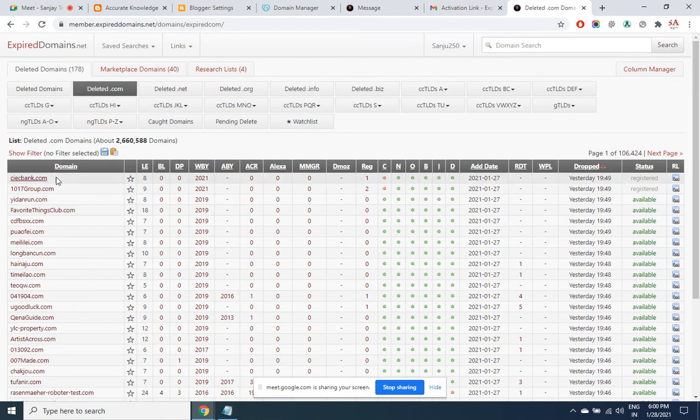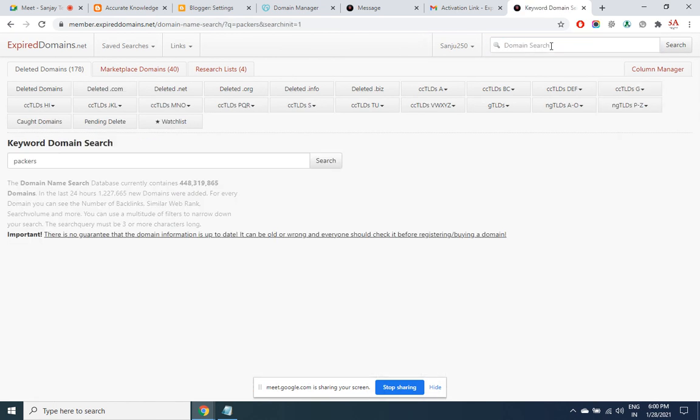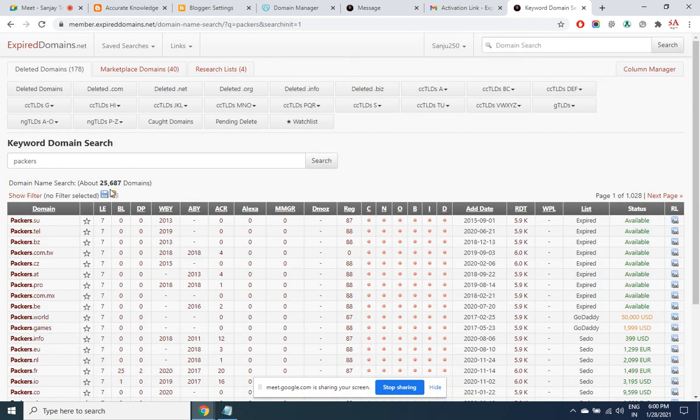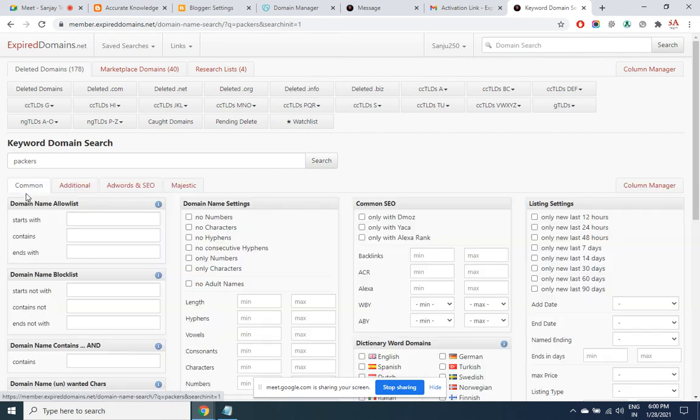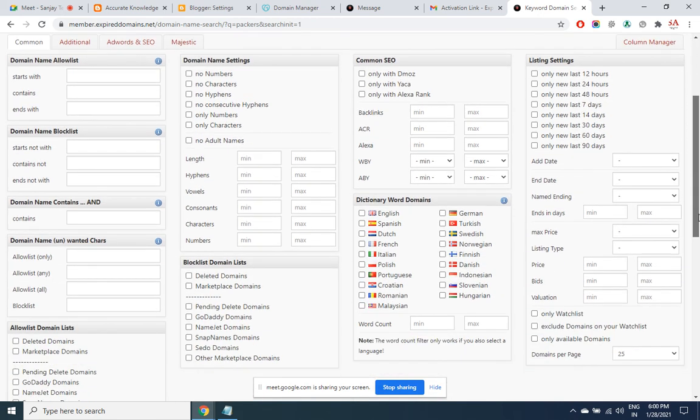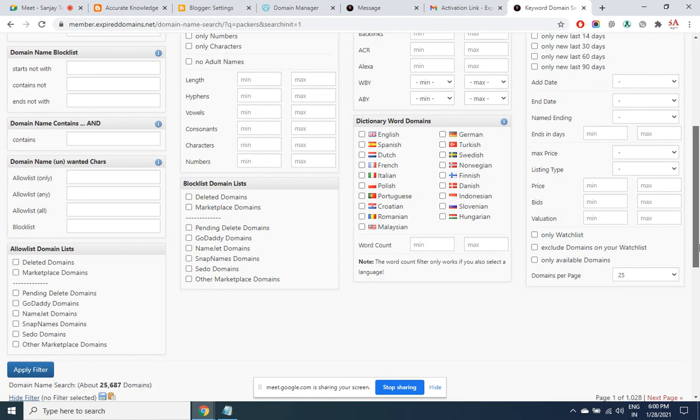These are all .com, but I wanted only Packers. There was a filter, okay, show filter. Within this filter, I want to select .com domains.